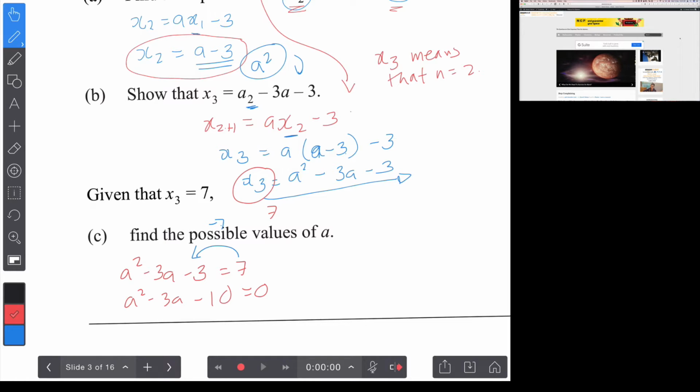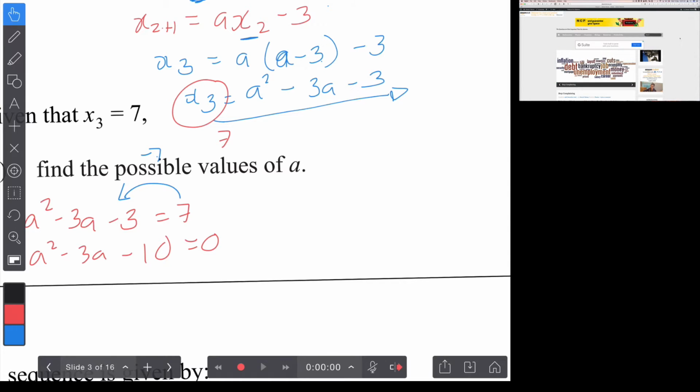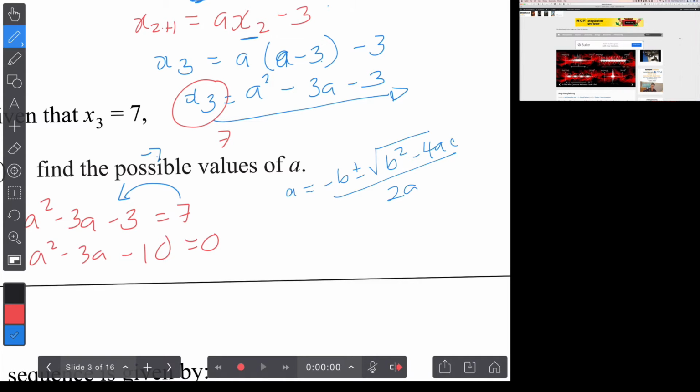Now we can use the quadratic formula, which says that a equals minus b plus or minus the square root of b squared minus 4ac, divided by 2a. Let's call this an x, just so we don't confuse it, where our x is eventually going to be the possible values for a. The reason we've changed that to an x is because there's an a in here, and the a in here equals 1, the b is minus 3, and the c is minus 10. Okay, so x is equal to